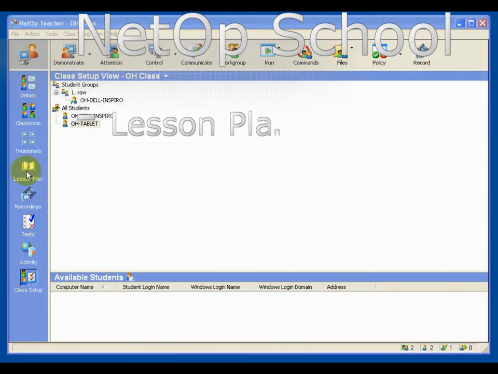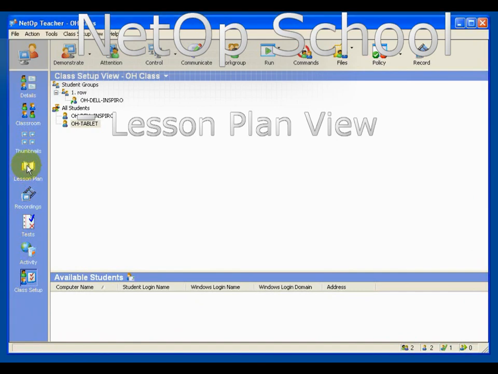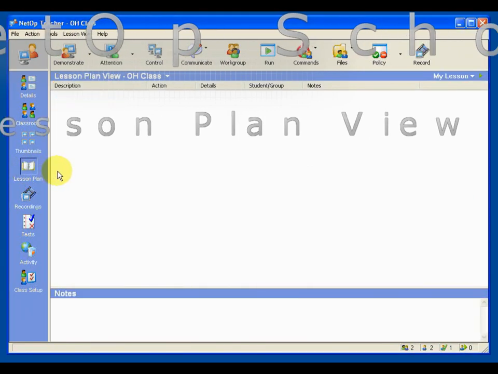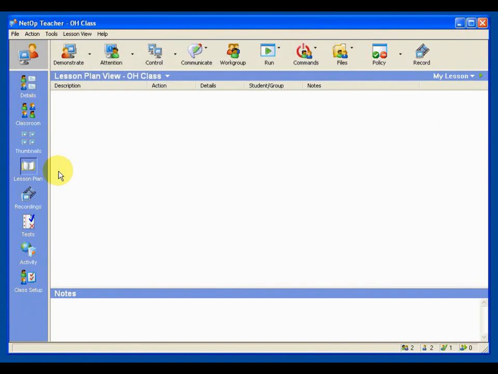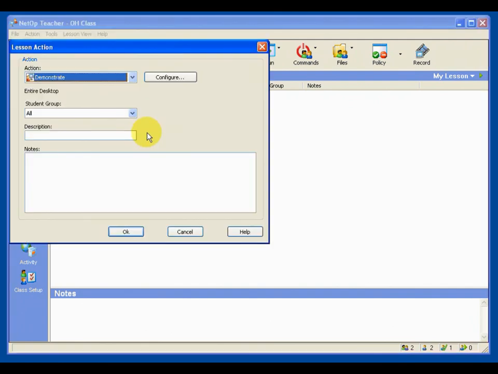The lesson plan view is a bit different from the rest, since it does not contain any of the student records, but instead it is meant for automating the daily use of the different functions from the toolbar. So instead of having to configure each time what kind of attention you want to apply, a bitmap, a text file, or that, for instance, it's easier for you to build an automated lesson plan. Right click to add